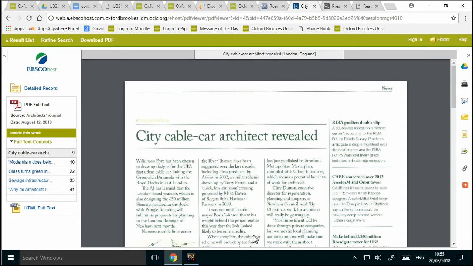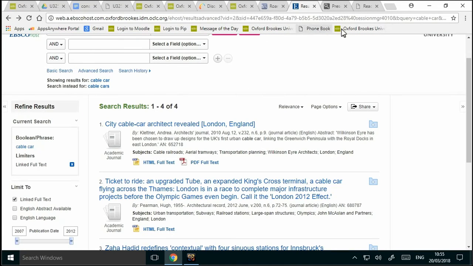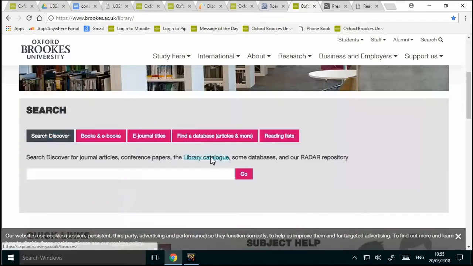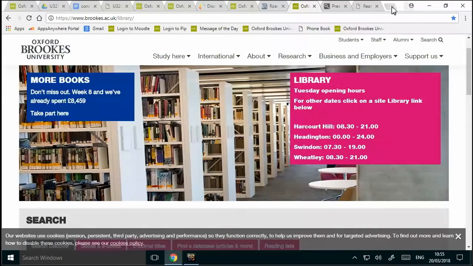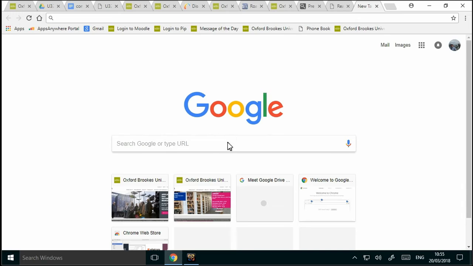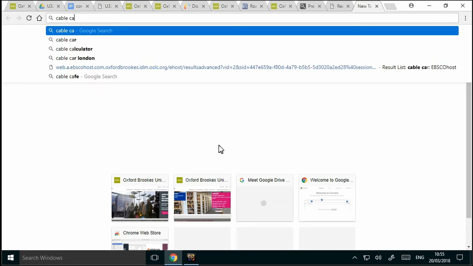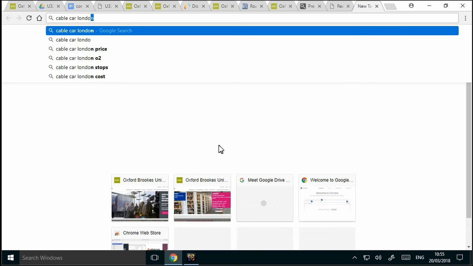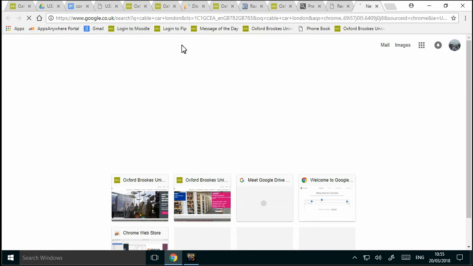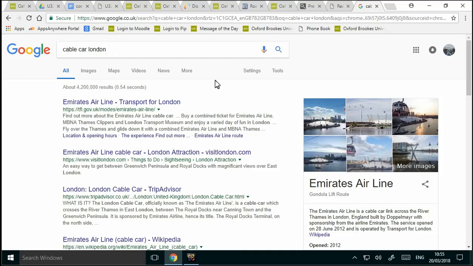So, right, now, I'm going to go back to Google. I'm going to go into Google now, and I'm going to put in cable cars London, say. Right, there's a lot there. Brings up Emirates. If we go into settings up here, I'm going to show you a little trick. Settings,